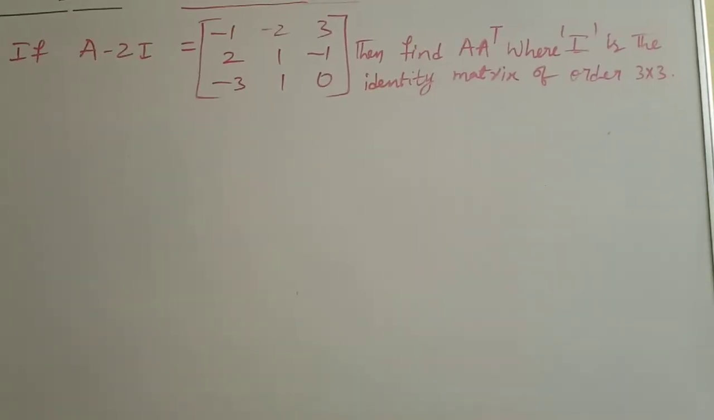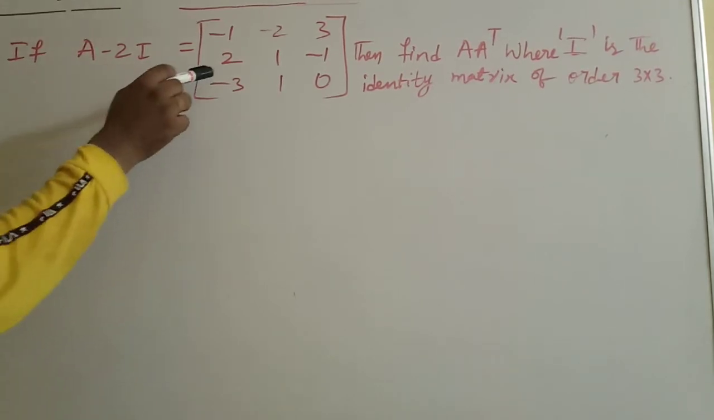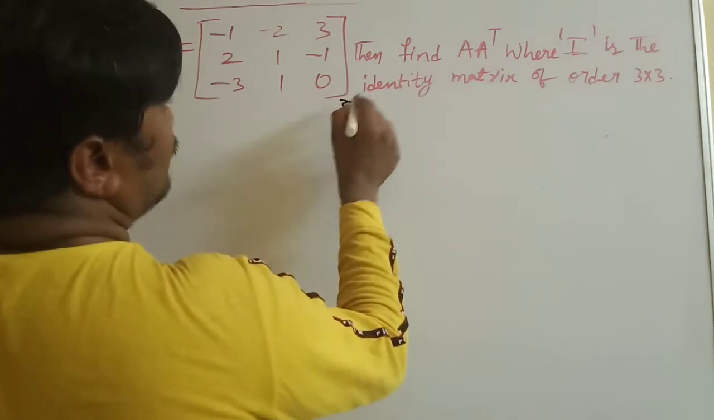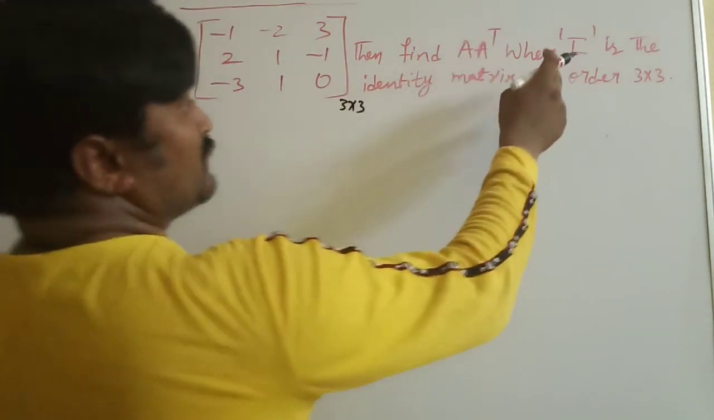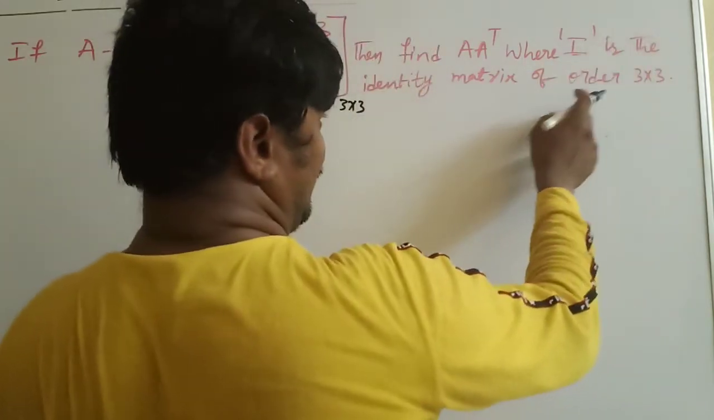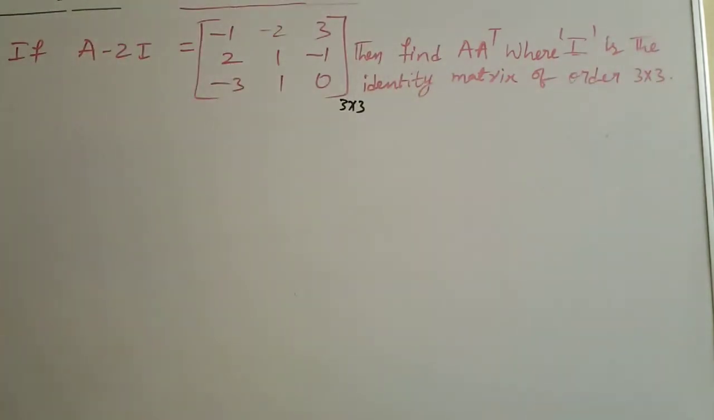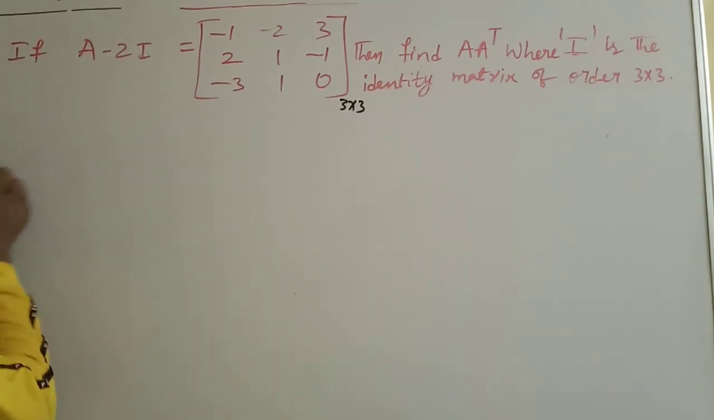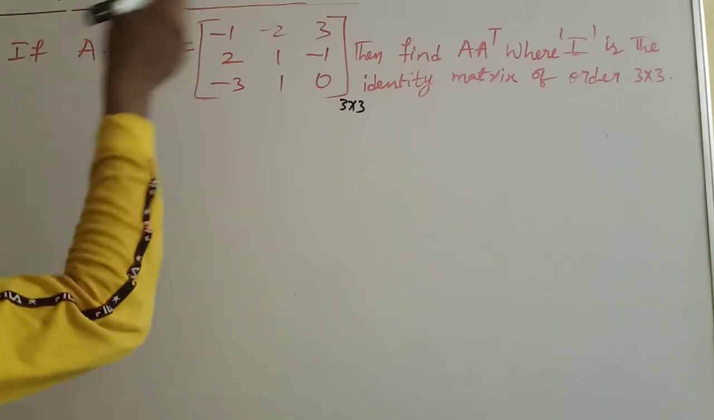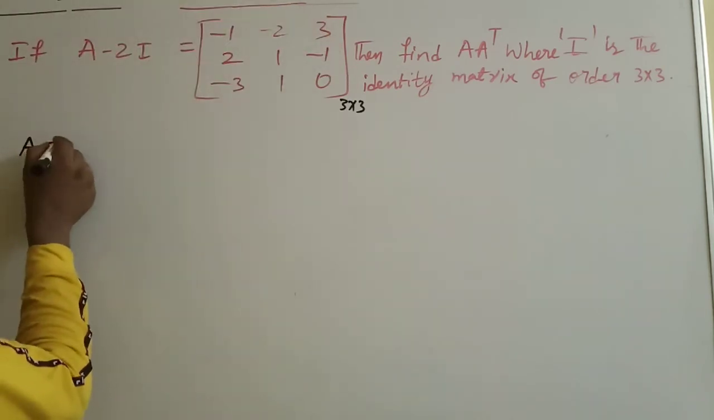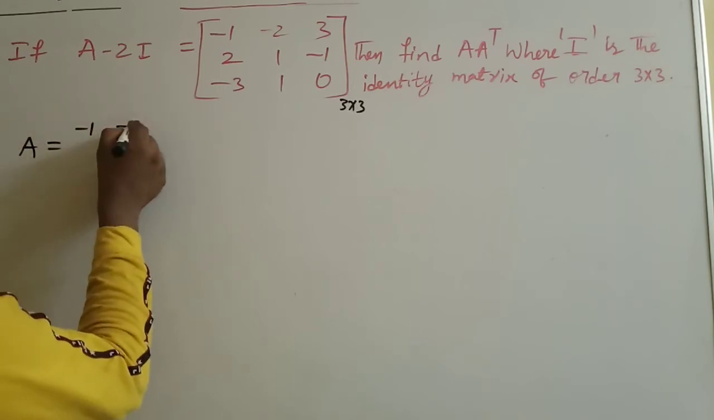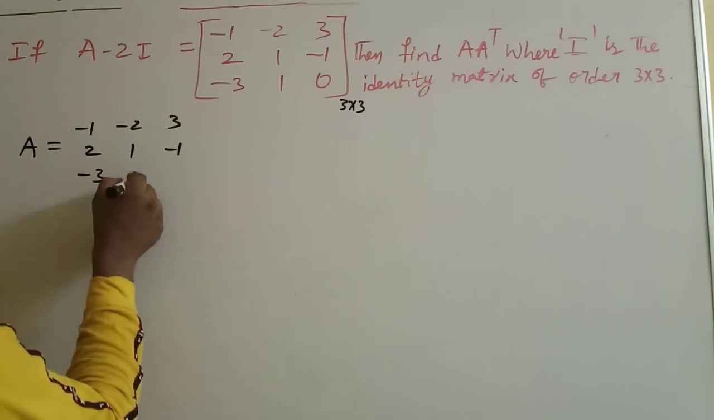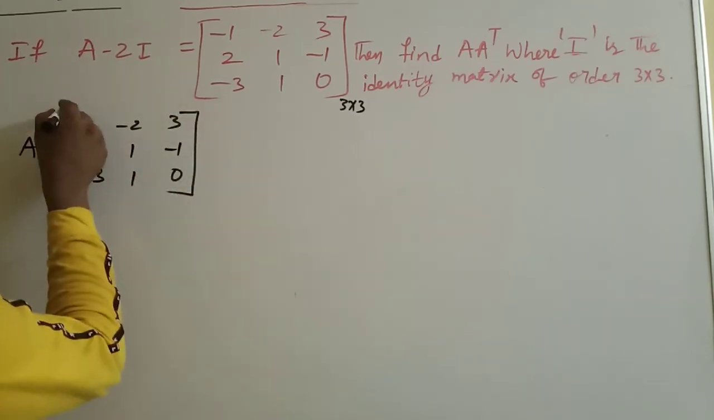Alright, let's move on to problem number 9. If A minus 2I is equal to the given 3 by 3 matrix, then find A times A transpose, where I is the identity matrix of order 3 by 3. First I want A. To find A, the minus 2I goes to the other side as plus 2I. So A is equal to the matrix [-1, -2, 3; 2, 1, -1; -3, 1, 0]